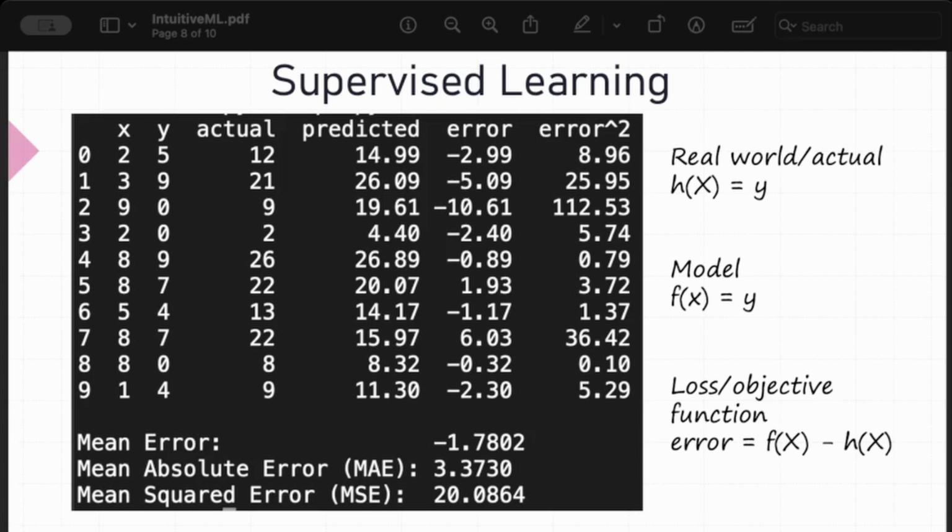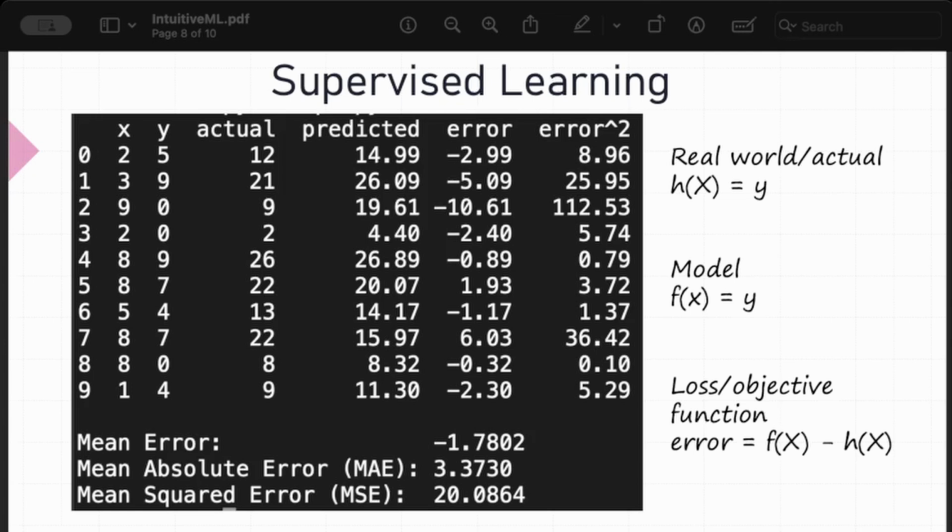So when you train the network, you run it through all of these 10 samples and figure out how far off you were. So the mean or average error here is minus 1.7, but that is actually underrepresenting how far off we are, because you can see in row number 7, our error was actually a positive 6. We have another row, row 5, with a positive value 1.9. So we're actually farther off than that. That's why it's common to take the squared value, and then you can take the mean or the average of that, the MSE. So you can see those numbers there.